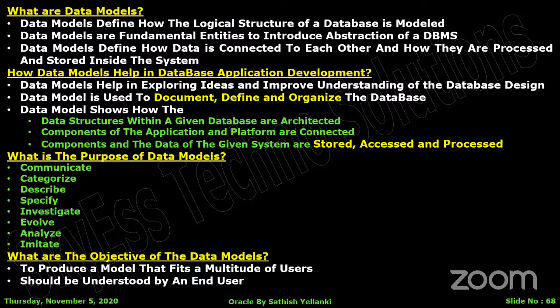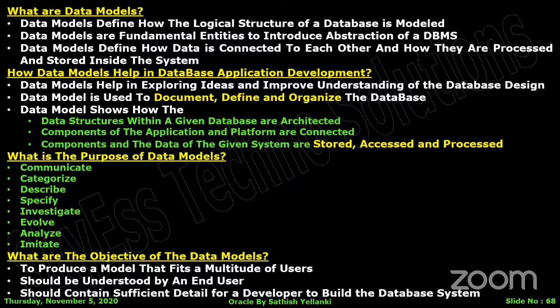And finally, every data model should contain sufficient details for the developer to build the database system. The main goal of the data model is to see that it has a sufficient amount of information using which the developer can always understand and build the database system very effectively. Trust me, in one particular area of our chapters, I will show you very clearly how your data modelers will give you 80% of the information for your programming that can be done with only 20%.